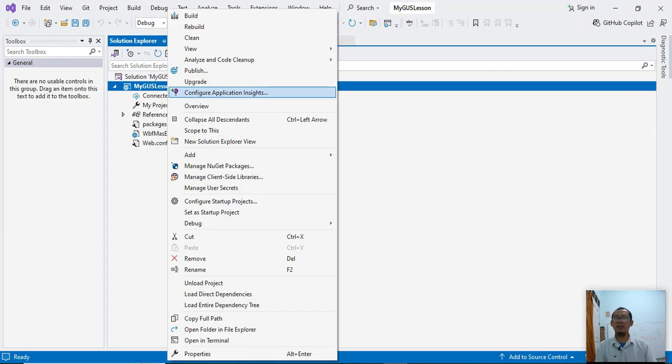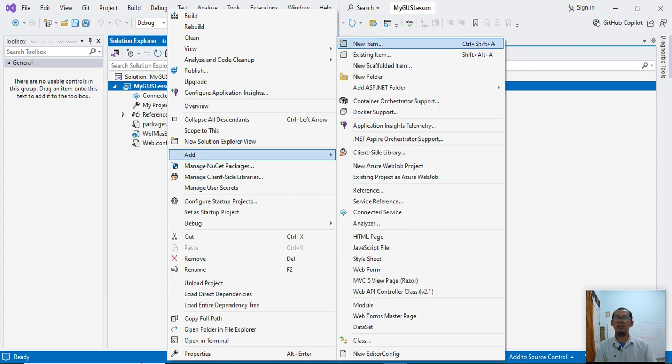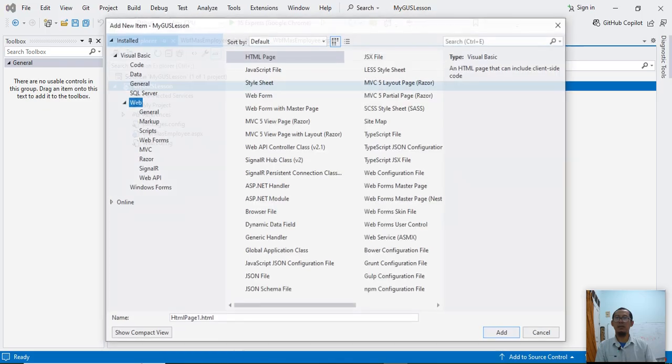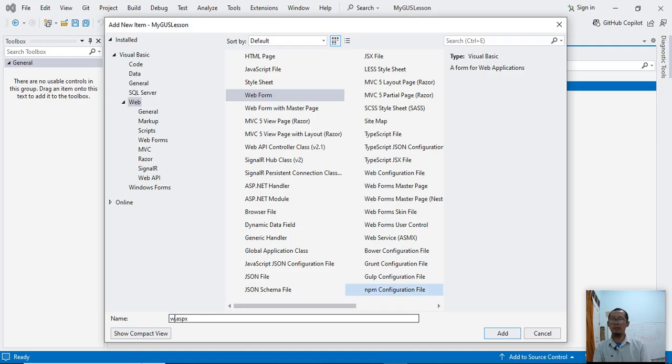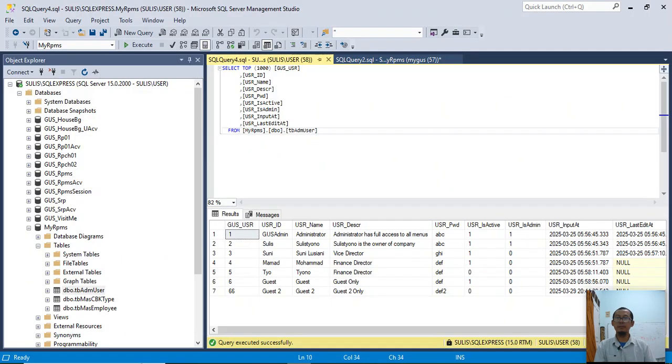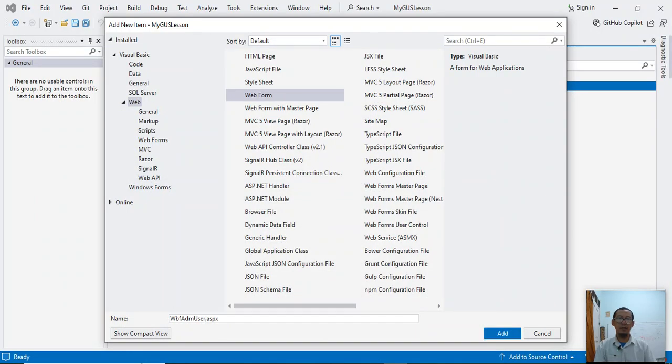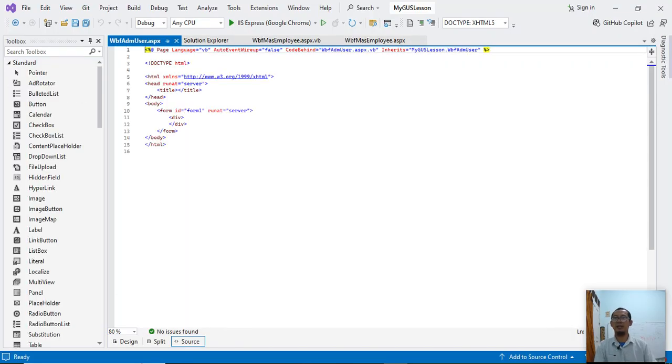Let's create another web form. Add new item, select web form, and name the web form VBF user. Add. Okay.